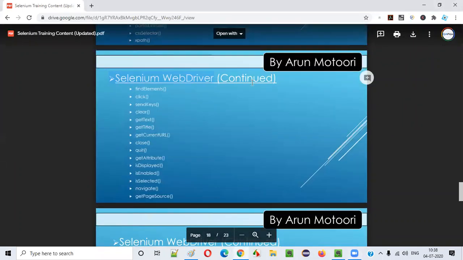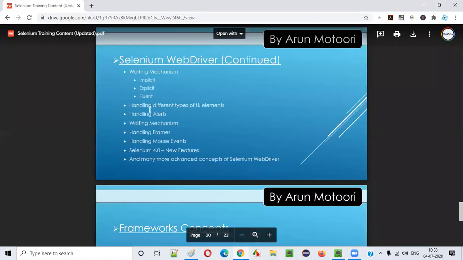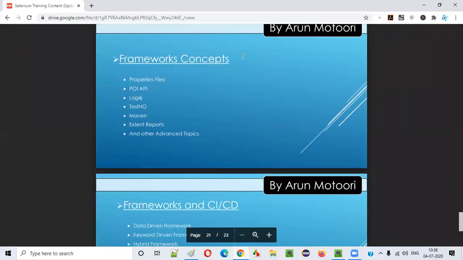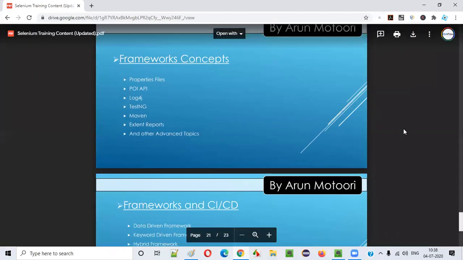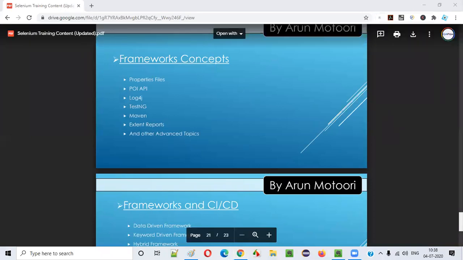So fine. Then what else we have? A lot of API commands, a lot of advanced topics of Selenium WebDriver will be there. So guys, now type S if everything is okay for you related to Selenium WebDriver. If you are fine with Selenium WebDriver, just type S. That's great. I'll try my level best in covering all the topics, guys. No need to worry. If you see me not covering any particular topic, you can ask me. On request basis also I'm going to cover. Not a problem. I'll try my level best in covering most of the topics, but in case I miss anything, just let me know. I will be very happy to cover the topics as they are requested by you.